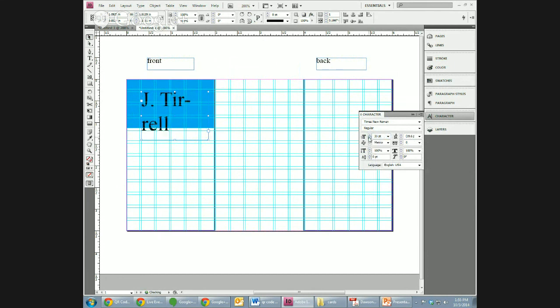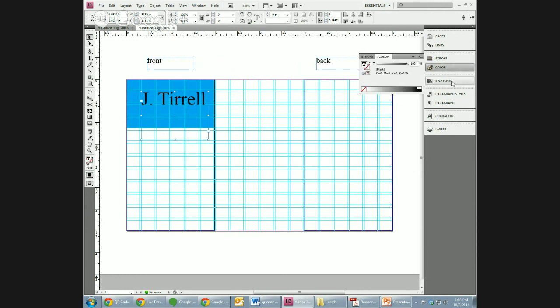And you'll notice I'm only loosely hitting the grid because I'm just showing you some options. And I could change this to white so it shows up better. Right? JTRL, then maybe I can put another bar down here with